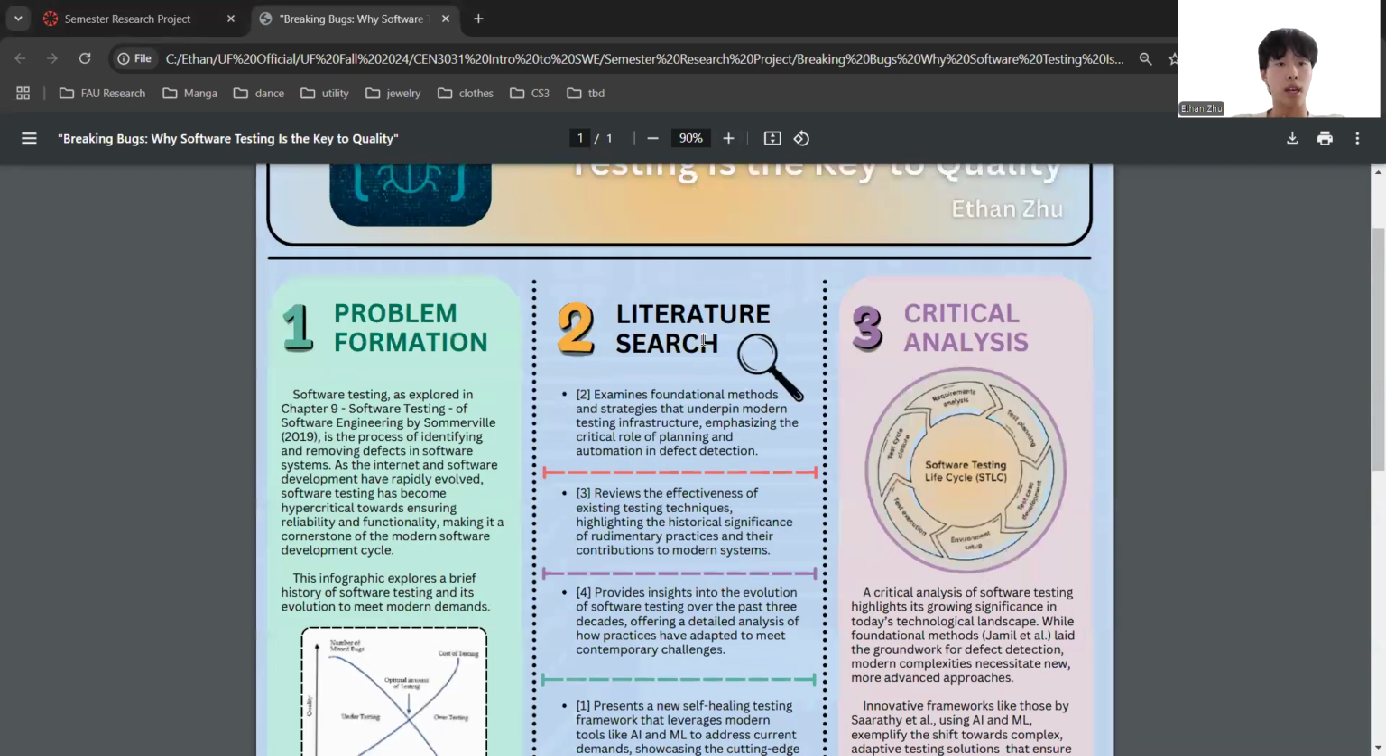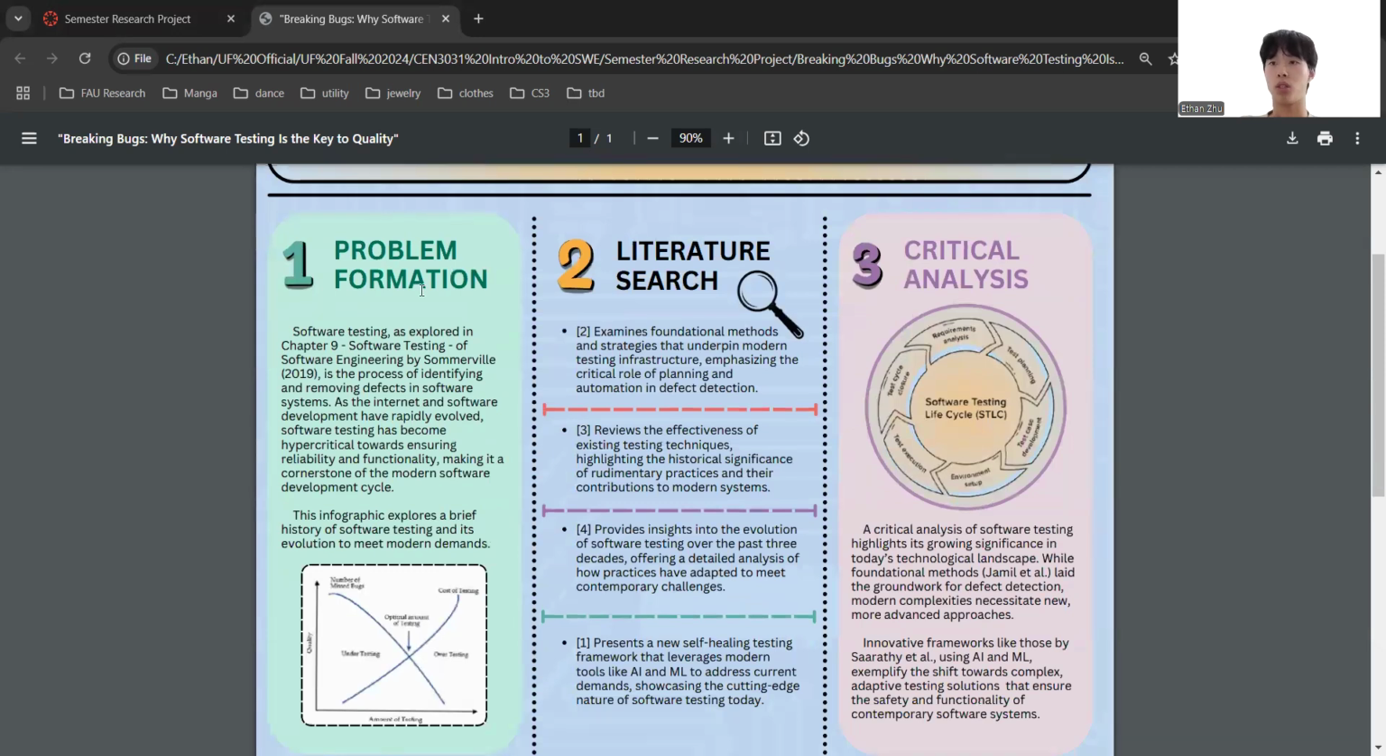So the first segment is problem formation, where we go over where this was found in the class, which is chapter 9 of the Sommerville textbook. We also go over the definition of software testing, which is the process of identifying and removing defects in software systems. We give a brief overview on the history of software testing, and we also conclude that the rest of this infographic is for the exploration of a brief history of software testing, as well as its overall evolution from past